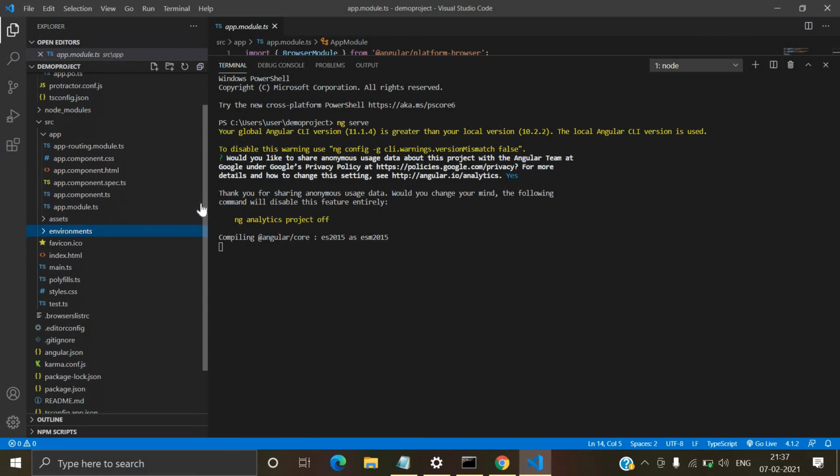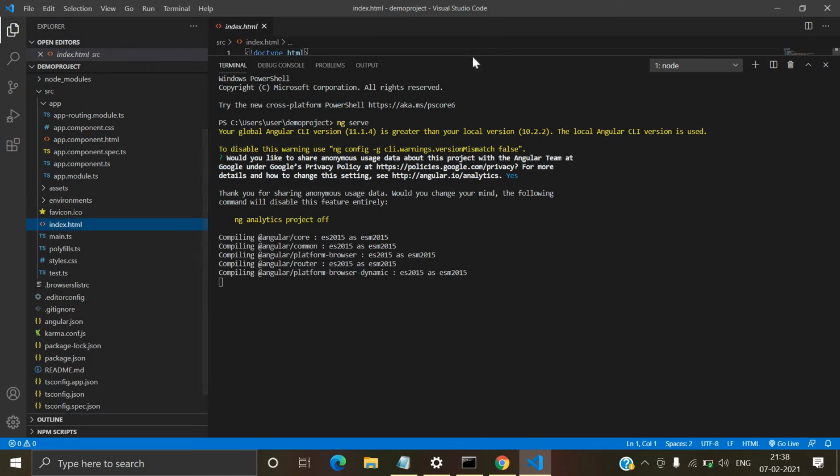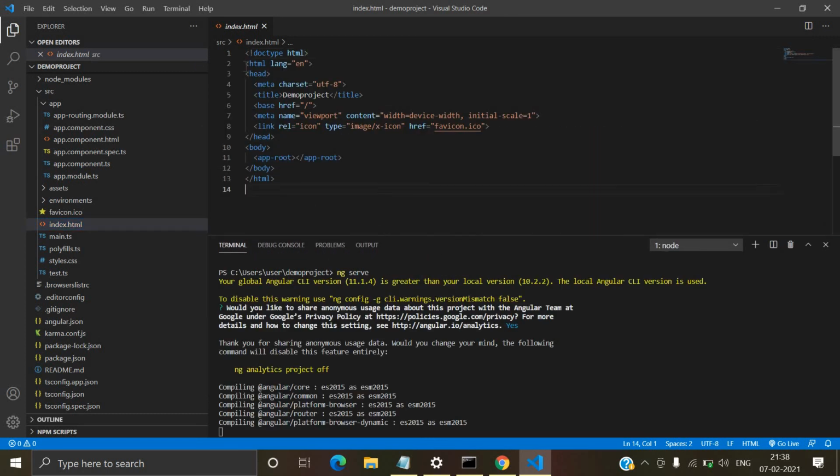And second thing here, the main file of this project is index.html, right? This file is very important. Means you can call this a single page application, right?